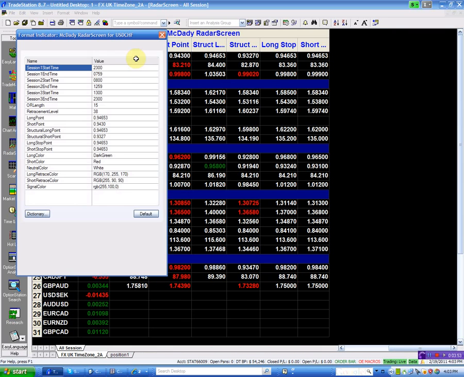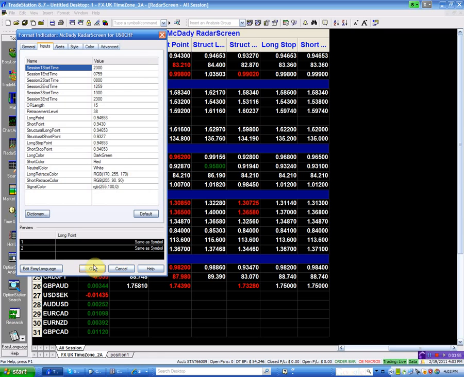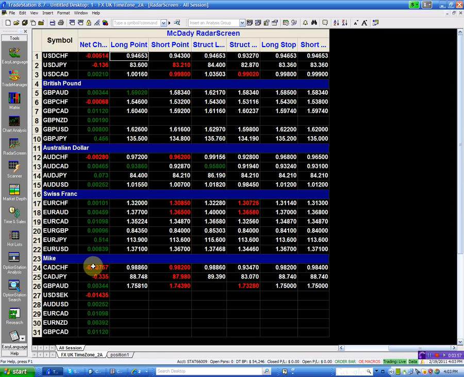We're buying above the 94.65, and we're going to place our stop. That's also my structure long. I'm going to place my stop right below it, and my short point is the 94.30, and if I go short, I'm placing my stop right above the 94.65, so I'm risking also the 30 pips on that trade. That is the